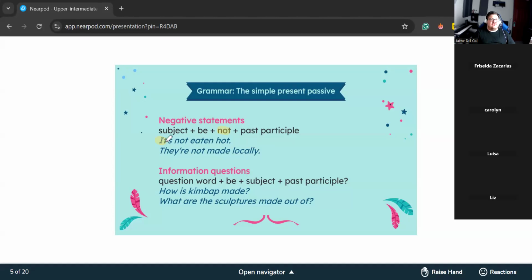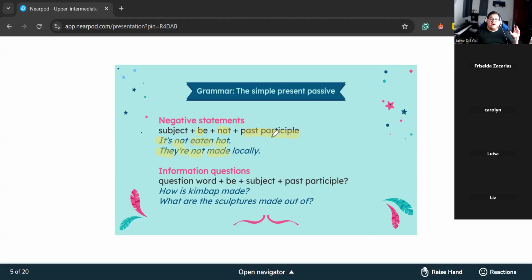So here we can talk about kimbap, right? Kimbap is the verb be, not is the negative, and the past participle of eat, eaten, hot. So it's not eaten hot. What does that mean? That you eat it cold. They are not made locally. They is the subject, are is the verb be, not is the negative, and the past participle of make is